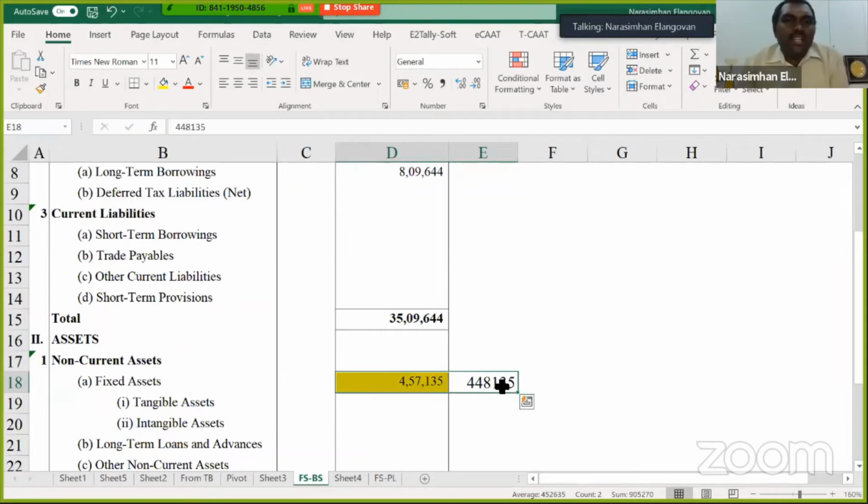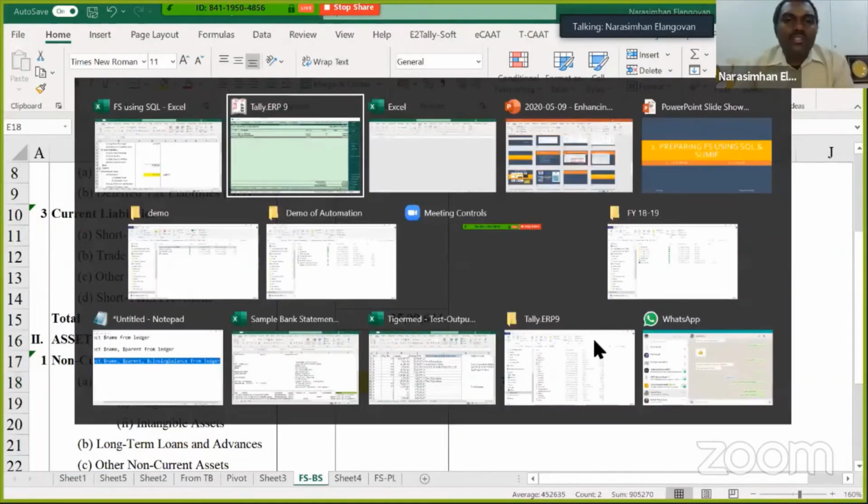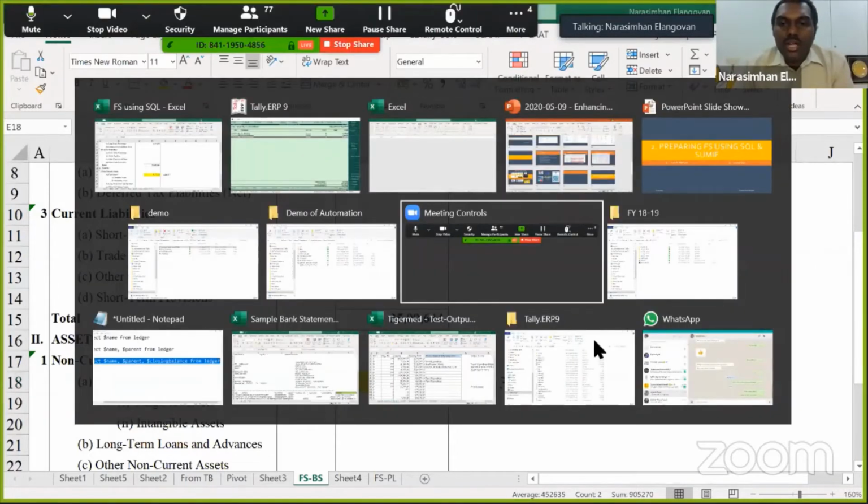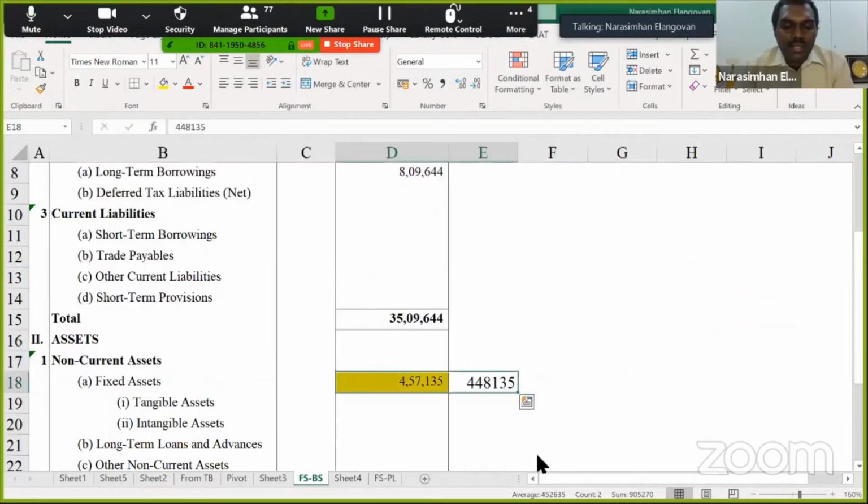Very less. This requires only one-time configuration and sincere efforts on your end on how you can prepare the financial statements. Going forward, the entire thing can become consistent and very quick. So that is something which I thought I will share with you. So this is basically how you prepare financial statements using what is called as your pivot. Next thing which I thought I'll share with you is how to prepare financial statements using SUMIF.